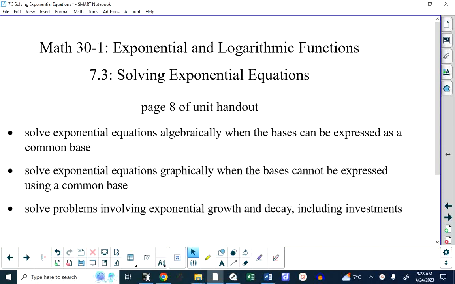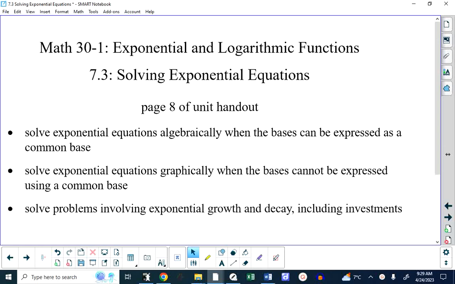So one of the things that we've encountered in this unit so far is occasionally we run into an equation where the unknown is part of the exponent, and all we've said is the only way you know how to solve that equation for that unknown is by graphing it. There are other ways to do it. One of the ways to do it is what we're going to look at today, but this method doesn't always work. Okay? This is really important to note,